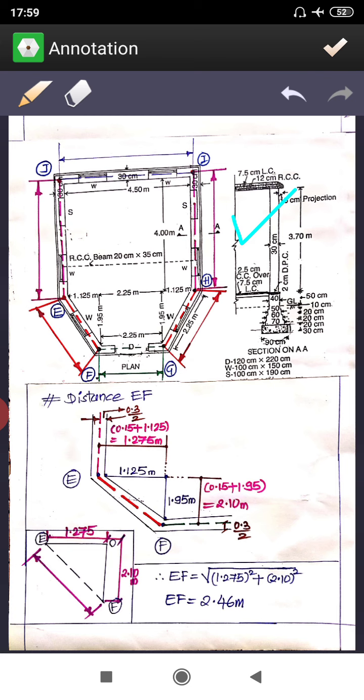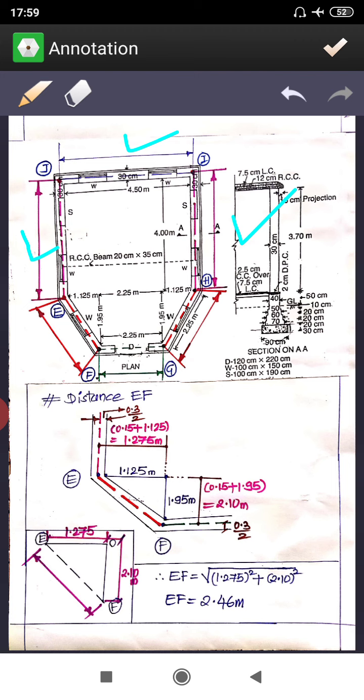Now this is very easy to get this side. Similarly here, see, this IJ inner is 4.5. You have to add half of wall thickness here and half of wall thickness here to get the center to center, so that is 4.80. This is also easy to get the center to center distance. Then this JE is same as that of HI, right? So I'm talking about how to get the center to center distance first, right? So that's why HI, IJ and JE, center to center of these walls, is quite easy.